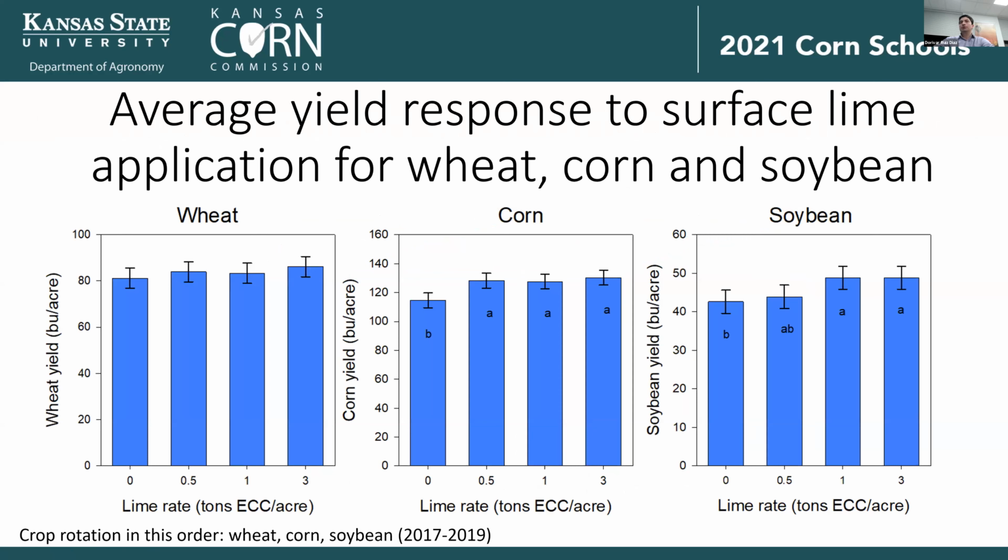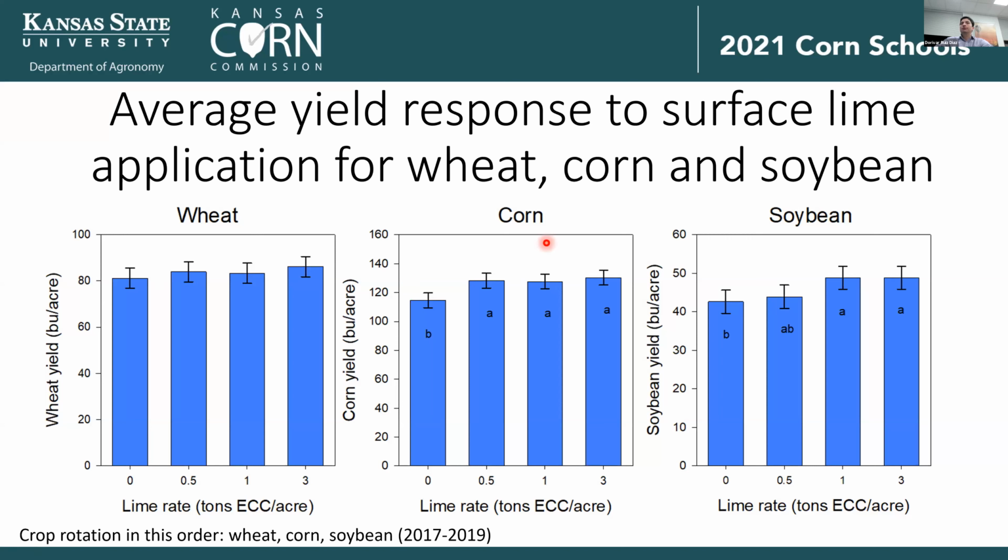Now, what happened to yields? And I think this is the key here. This is the average of the locations that we have. And basically 3 crops. The rotation there was wheat and then corn and followed by soybean. And so the lime was applied in the summer before we drilled the wheat, and then basically followed the rotation. And so you can see basically we didn't see any response with the wheat. Obviously, it's a crop that tends to be more tolerant to low pH, so that may be part of the